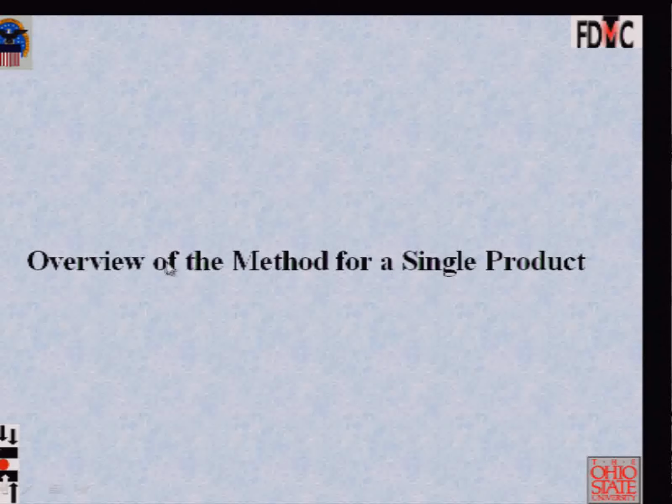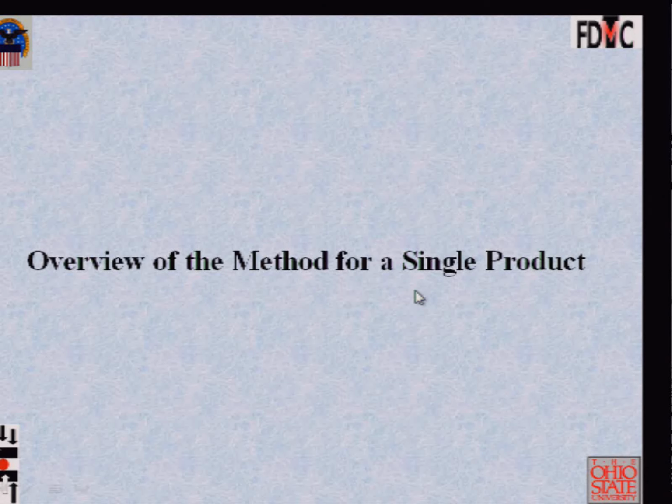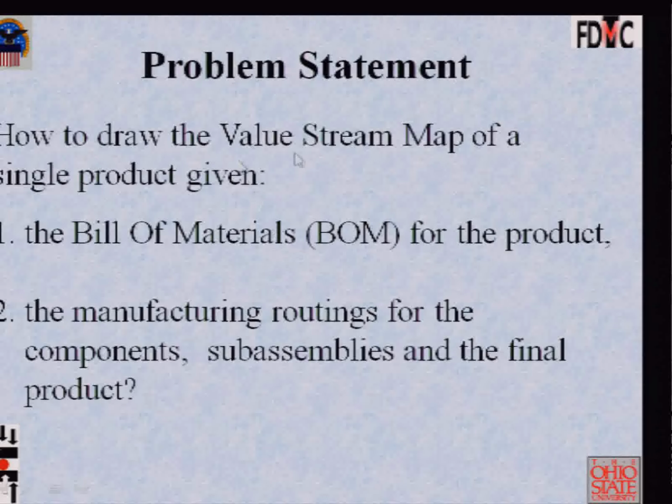So to quickly give you an overview of this method of value network mapping, let me give you a simple example from almost 20 years ago. So very simple, how do you draw the map? That is, what is the skeleton of the map when you have the bill of materials for the product and you have all the routings for the components and sub-assemblies and the final product? Okay? So take the product, find its bill of material, find all the routings of the components, the sub-assemblies and